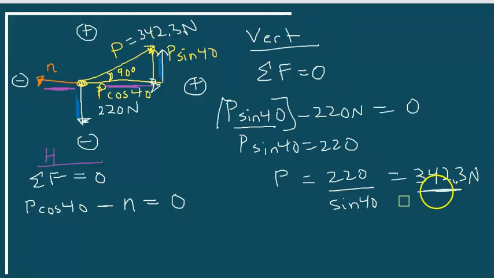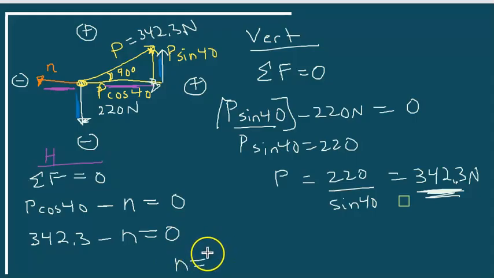We found the magnitude of the pressure from the vertical column. So 342.3 minus the normal equals 0. So the normal is, oh, my bad, 342.3 cosine of 40. I'm like, why is that? That can't be the same. I dropped the cosine 40. So the normal equals